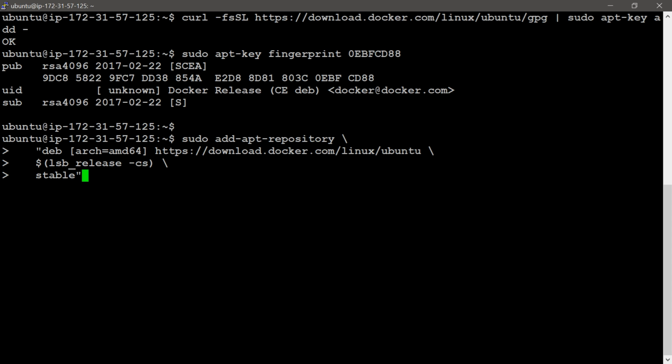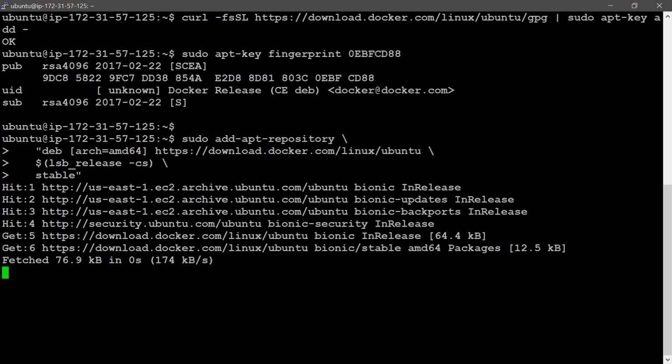This command contains all the Docker packages related to the Ubuntu Linux system, and it will add these packages to our apt repository. This is adding the packages to the repository and reading the package lists. At the end of the last line it is showing done.